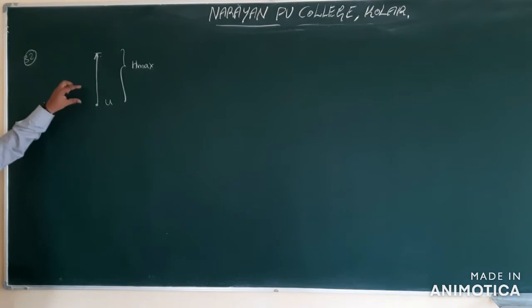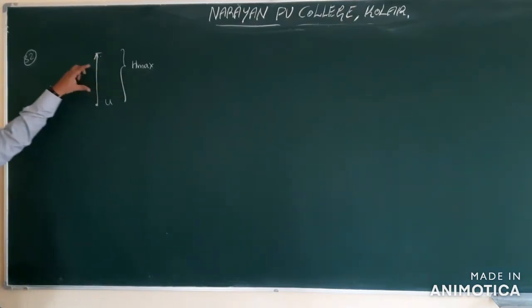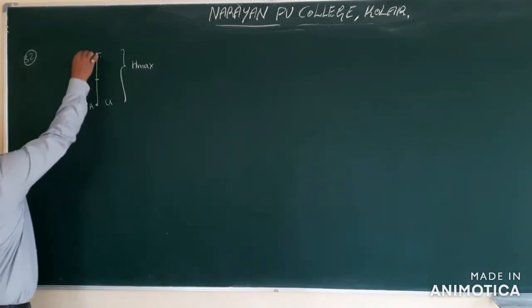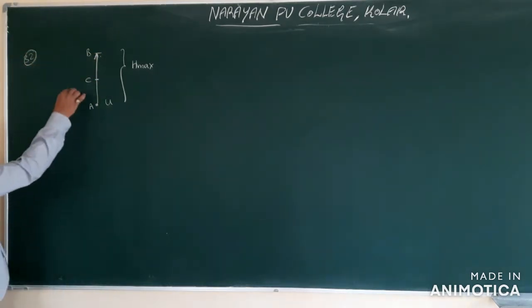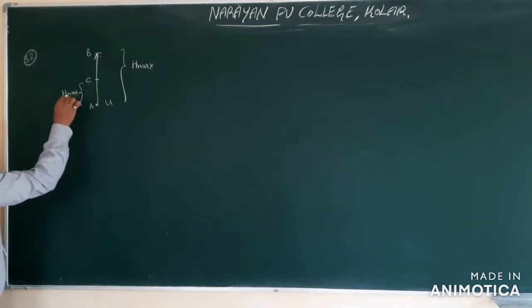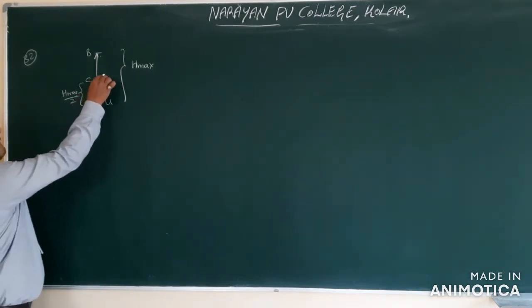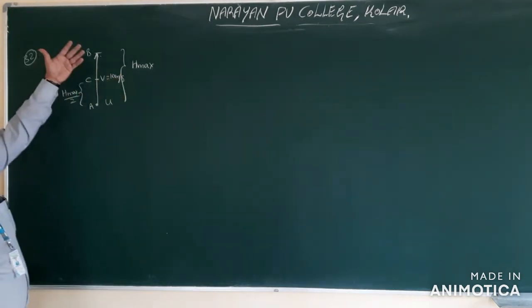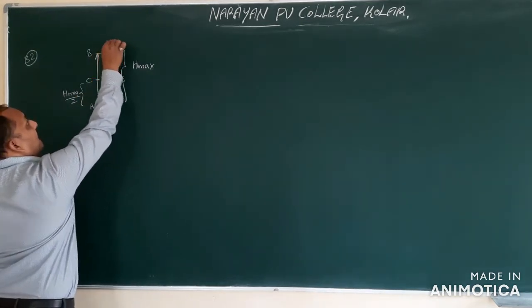They gave velocity after reaching half of the maximum height. Maximum height is h maximum. Now, half of this means how much? Let us assume initial point A, final point B. This is nothing but midpoint. Midpoint means half of here. So, what is this height now? H maximum by 2. What is the velocity at this point? V is equal to 10 meter per second. What is the velocity at maximum height? Already we discussed so many times. Always velocity at maximum height will be 0.